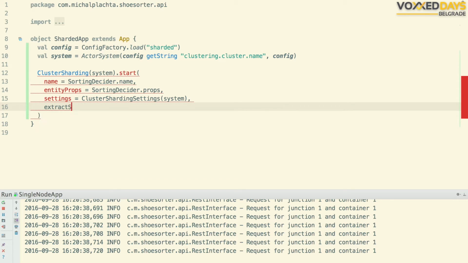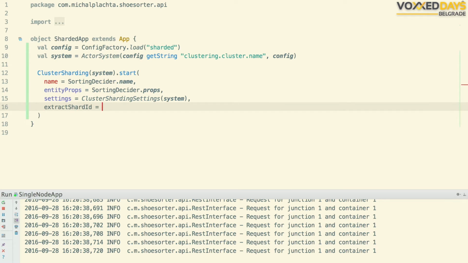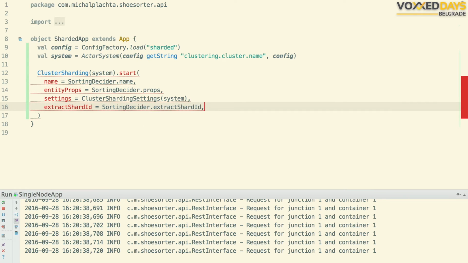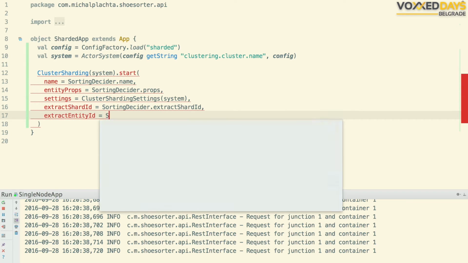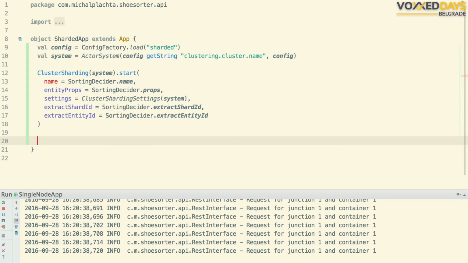Extract shard ID is sorting decider extract shard ID, and extract entity ID. And type name. Yeah. So we created, in the current cluster, a sharding extension.